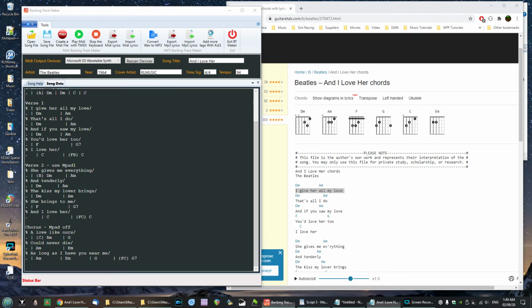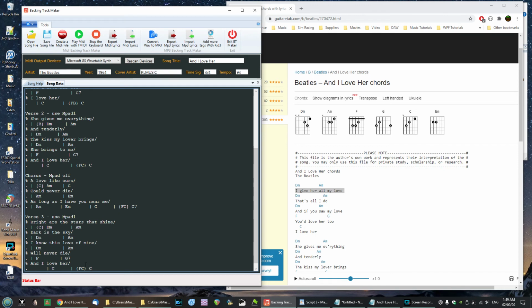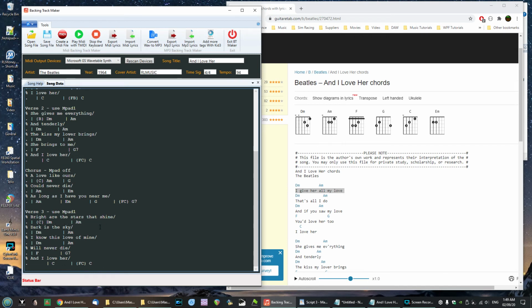So back to our song data. I'm now going to put in verse number 3. So we've played our keyboard. One of the things you need to notice is that whenever you use a fill-in, you must tell the keyboard on the next bar what variation you're going to play. Otherwise, the keyboard will just continue playing the fill-in all the time. So when we've pushed the fill-in there, and we come back to verse 3, we select the variation C again, and then we do the next bit, and we remind ourselves we need to turn the multipad